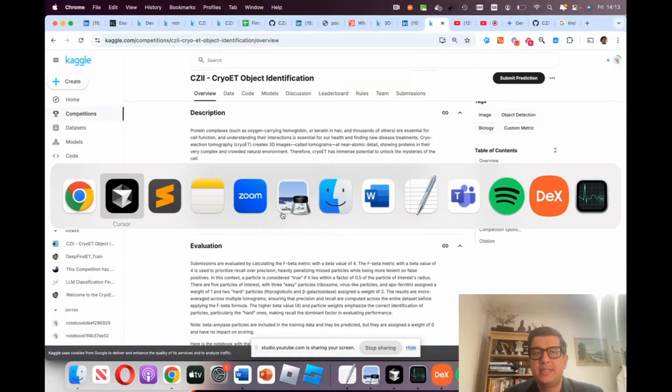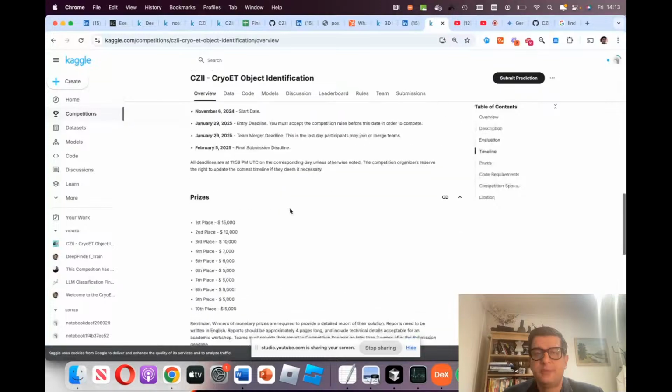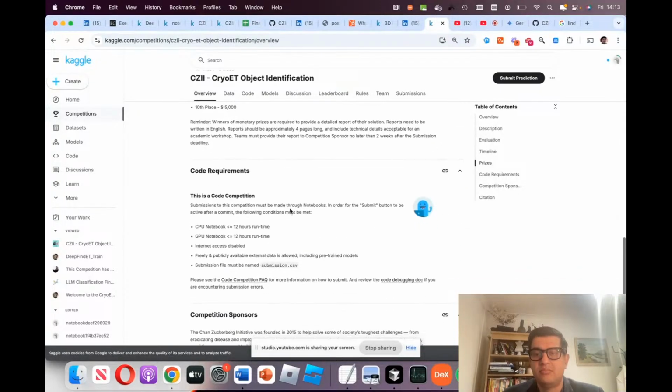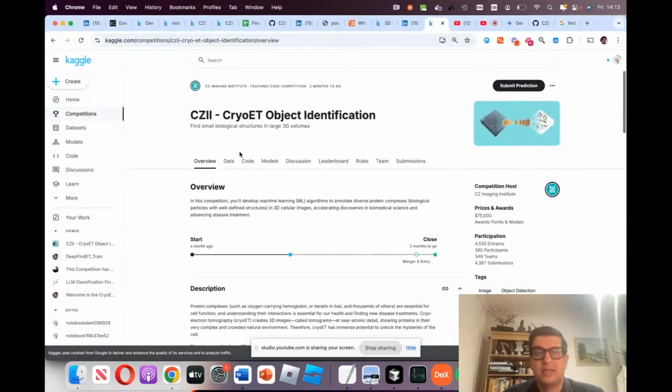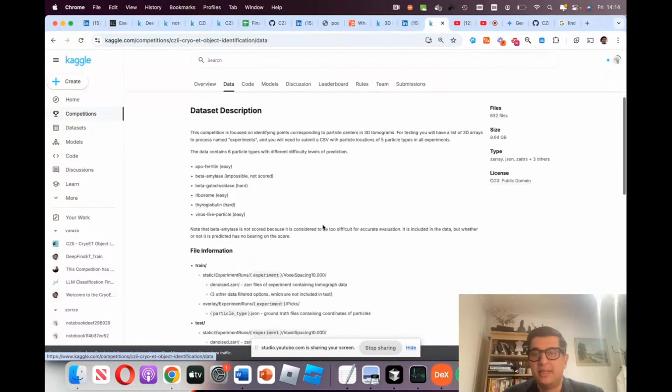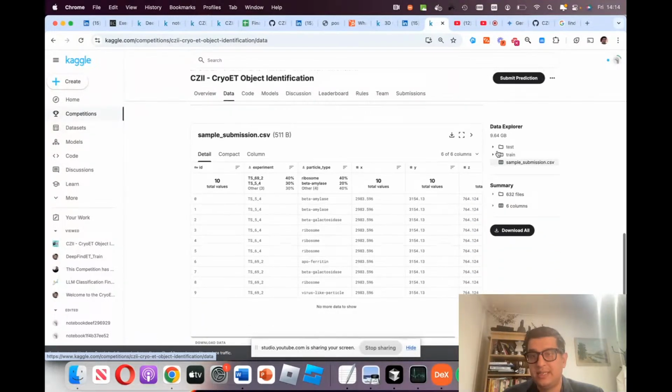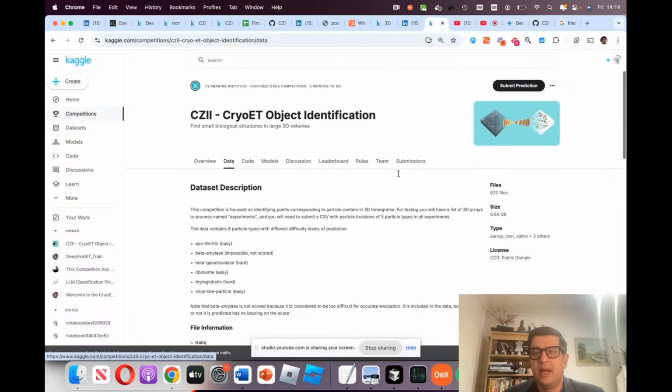When I read this brief last week and looked at how the data is organized, it took me time to understand what the data is. I know how to approach machine learning, but what tooling to use, I didn't have a clear idea. There was a bit of discovery. So I started with